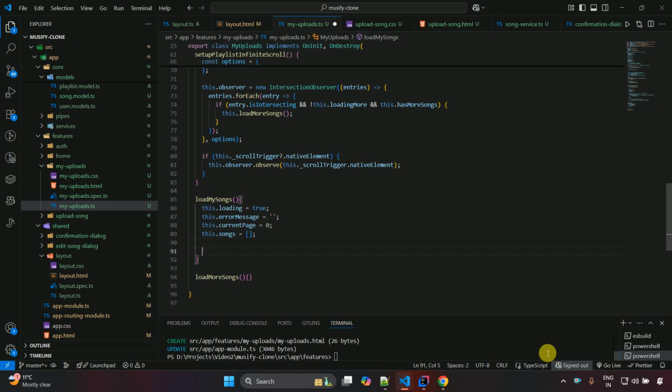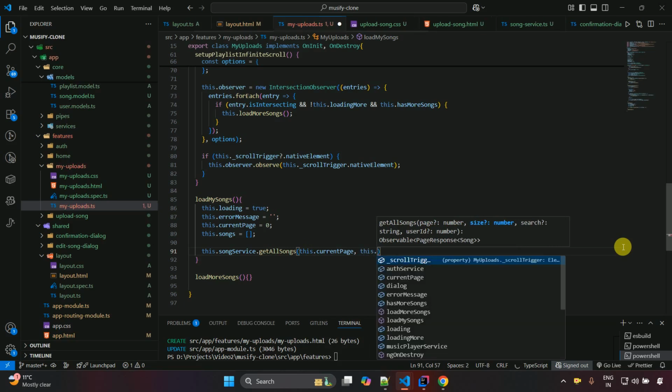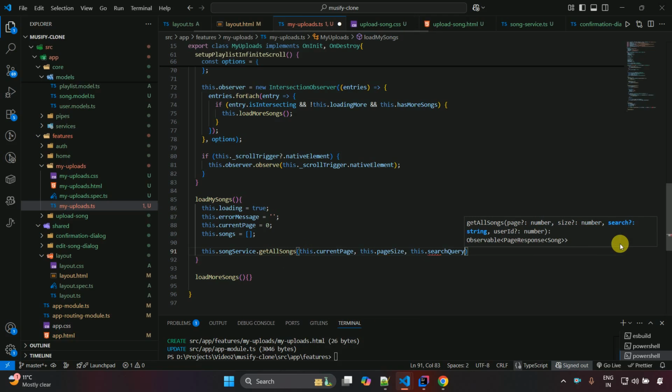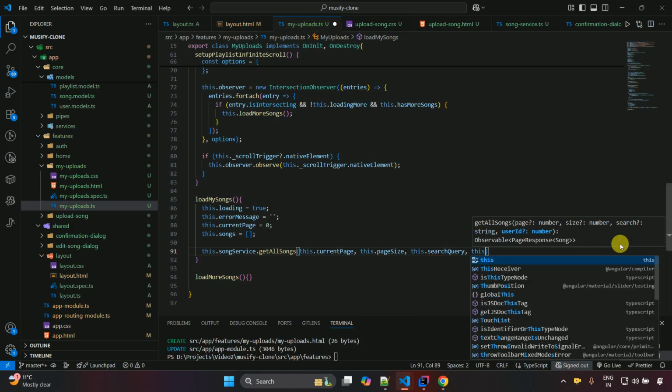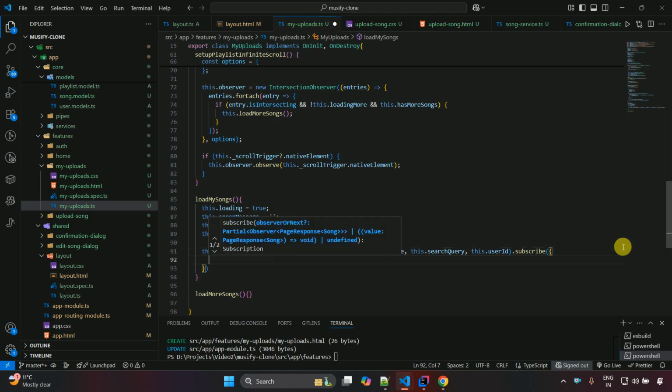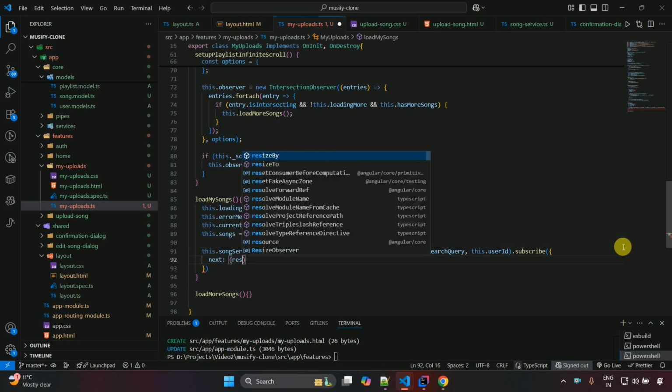And after that we have to call the backend API. So I'm just going to write here this.service, this.songService.getAllSongs, and this.currentPage over here, and this.pageSize, and this.searchQuery also we want to pass so that we can search it, and this.userId, and .subscribe over here, and inside this one next, and response,